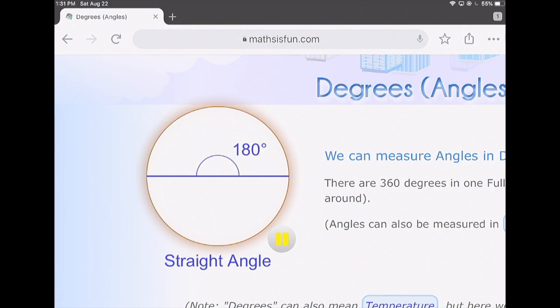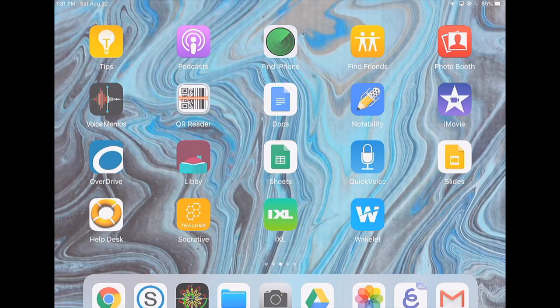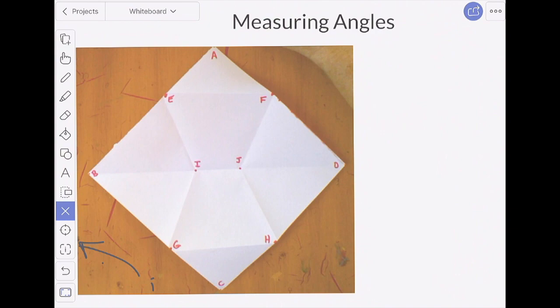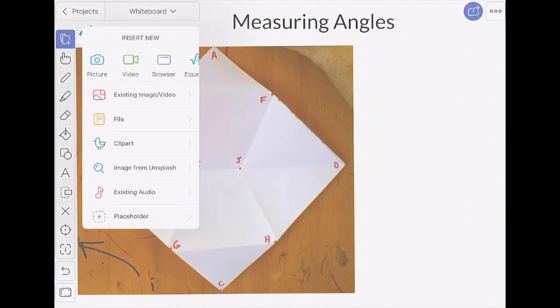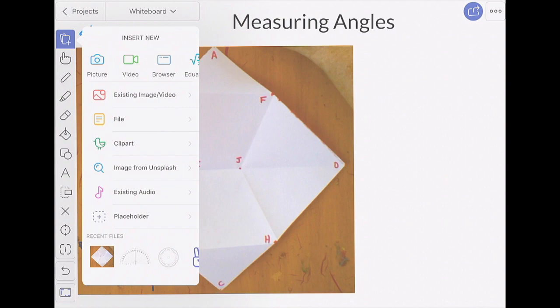Well, back to our picture, and I'll show you a few measurements here. First of all, we need to get that protractor that is saved to our pictures onto our document. So you're going to select the addition tool there at the very top. It brings up a menu, and we're going to choose existing image or video,